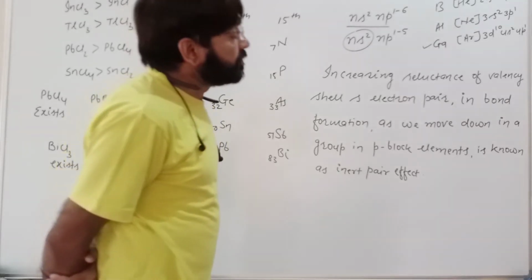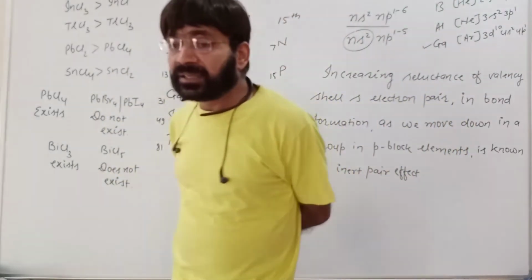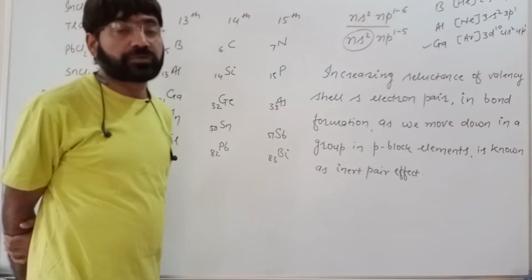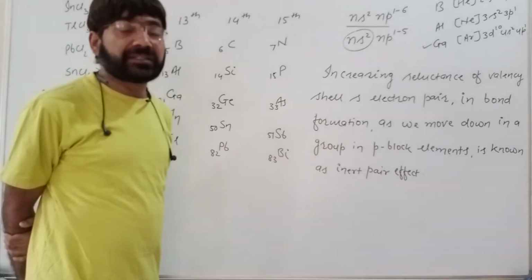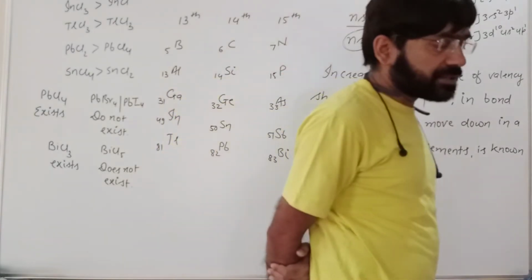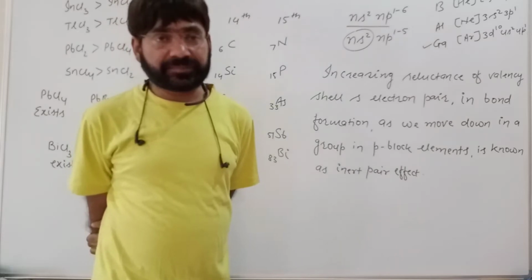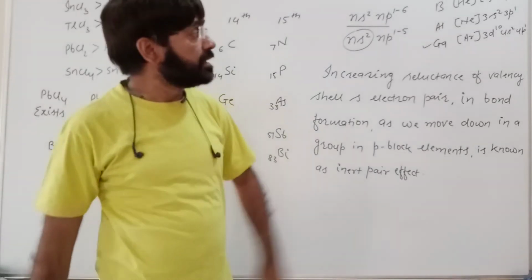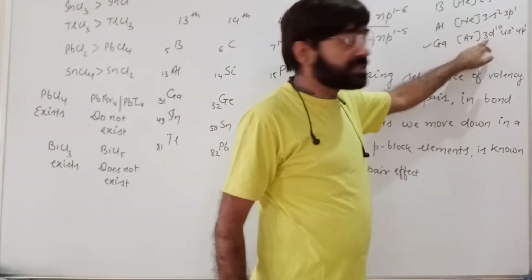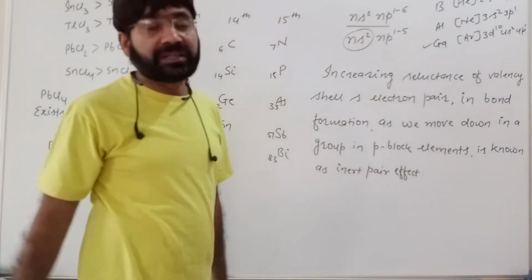Now when we talk about the screening or shielding effect of the inner electrons, the shielding effect is highest for the s orbital electrons, followed by p, then d, and then f. So the shielding effect of f orbital electrons is the least, and that of s is the highest. You're getting my point? So when these d electrons enter the d subshell, what happens? They exert a poor screening effect over the outer s and p electrons.